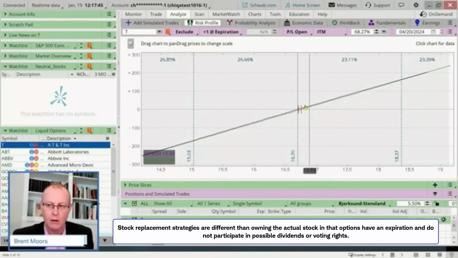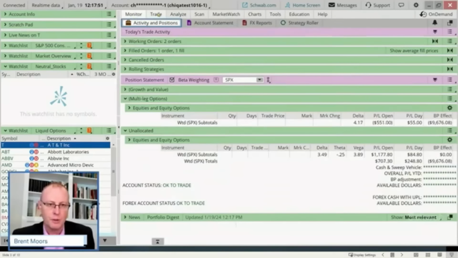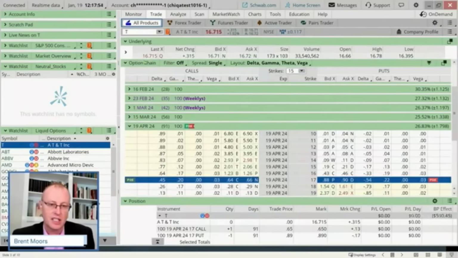The same thing on that long synthetic, except instead of spending, what was the trade price? Instead of spending $1,600 or so for 100 shares of stock, I'm getting essentially the same movement, roughly 100 delta, just on an options trade that cost me 20 bucks, I think. Now, remember, this is a leveraged trade, so the risk is still there. Even though it's costing me less upfront to do the trade, the full risk is still there if it goes down. This is a Delta 100 trade.